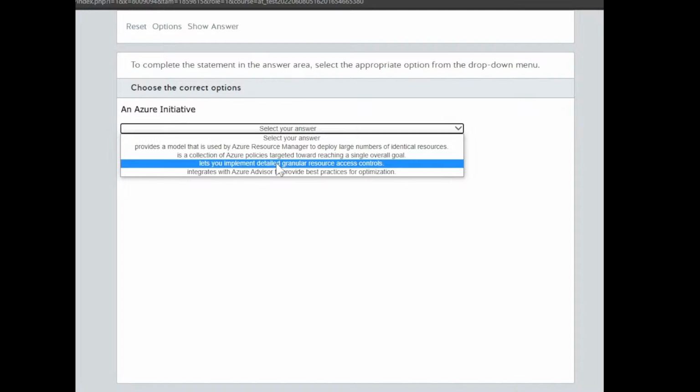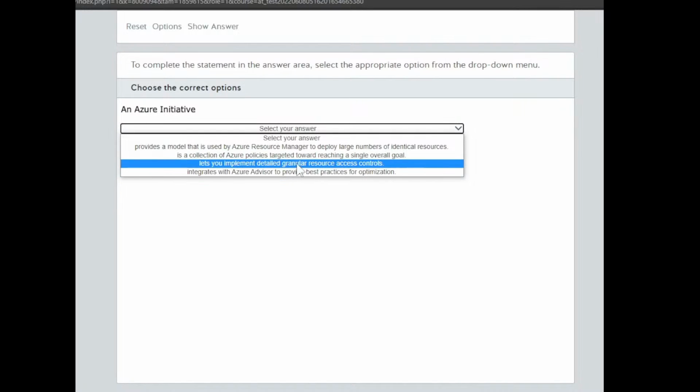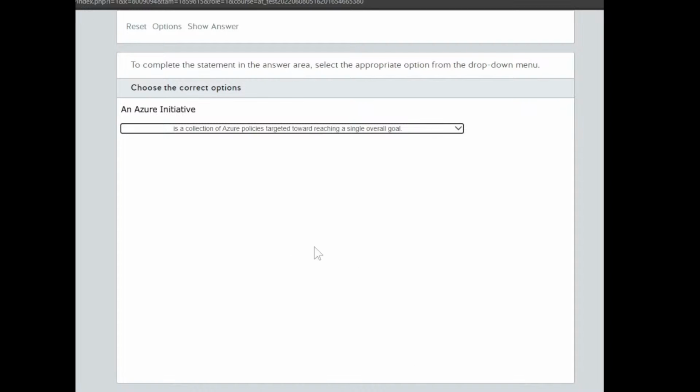Baka ito na yun. Let you implement detailed granular resource access controls. Integrates with Azure Advisor best practices. Malamang ito yung mga steps to do something. Hindi yung policy. Instructions yun. Policy, yan na yun, no? Keyword. Buksan natin. Show answer. Ay, tama na naman, pre.